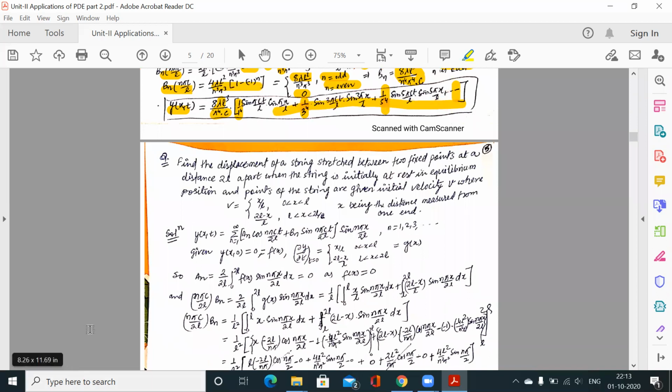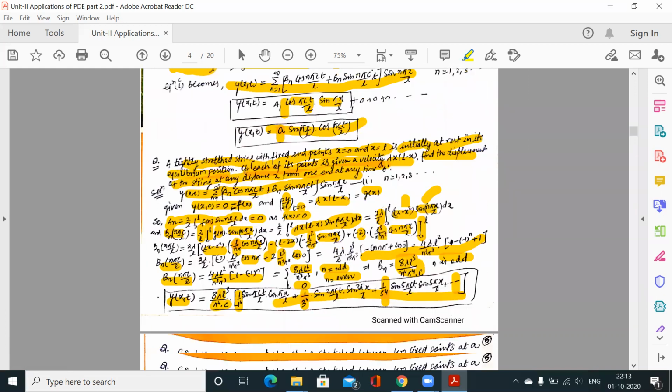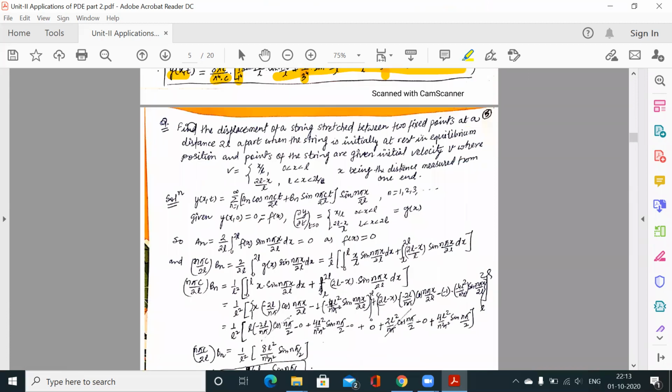so आप सारे क्वेश्चन ऐसे ही हैं, बस अब देखिए, अब मैंने डिसकंटिन्यूअस फंक्शन दे दिया, अभी तक फंक्शन जो हमें एफ एक्स या जी एक्स दिए थे वो सिंगल वैल्यू थी, अब वो डबल वैल्यू है। तो क्वेश्चन क्या है, सेम क्वेश्चन है, फाइंड द डिस्प्लेसमेंट ऑफ अ स्ट्रिंग स्ट्रेच बिटवीन टू फिक्स पॉइंट एट अ डिस्टेंस 2l। सो अब क्या होगा, जो इंटरवल है वो 2l हो गया, क्लियर, द इंटरवल लेंथ इज 2l,